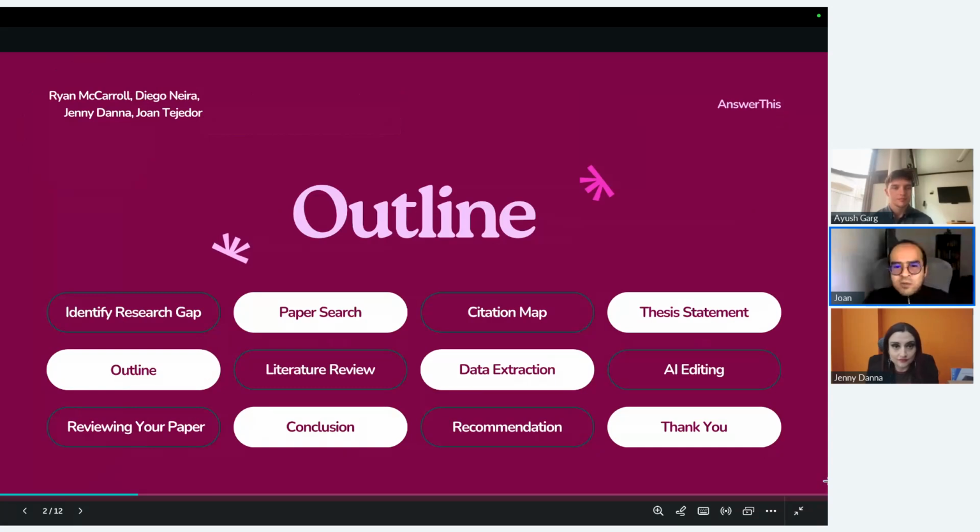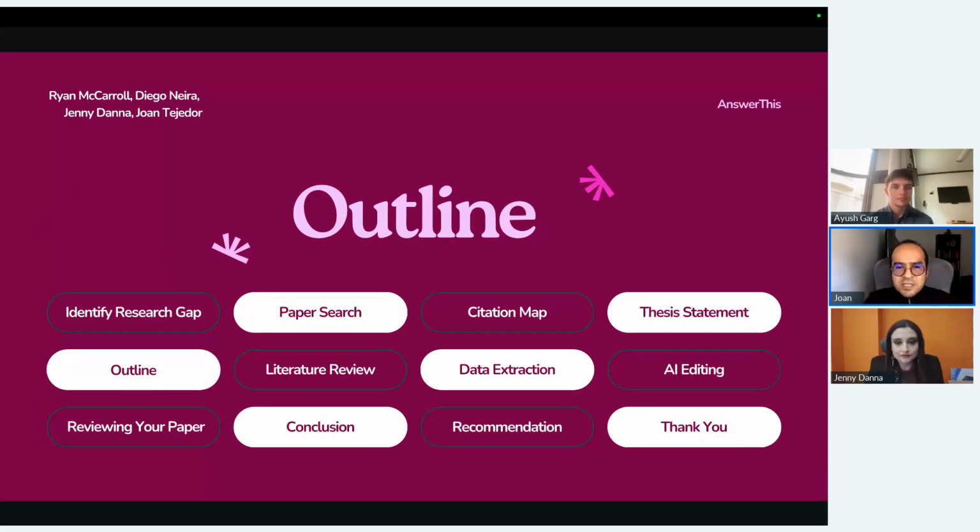Our outline for today: in the first stage of this presentation, we want to identify research gaps, which is the first feature that this AI tool offers us. In the second stage, we will talk about the main characteristics this tool offers regarding paper searching. And in the third place, we will talk about how this tool can create very insightful citation maps. Then we will talk about how this tool is useful to develop thesis statements, then outlines, and also the literature review and how to develop very high quality literature reviews, and also how to use this